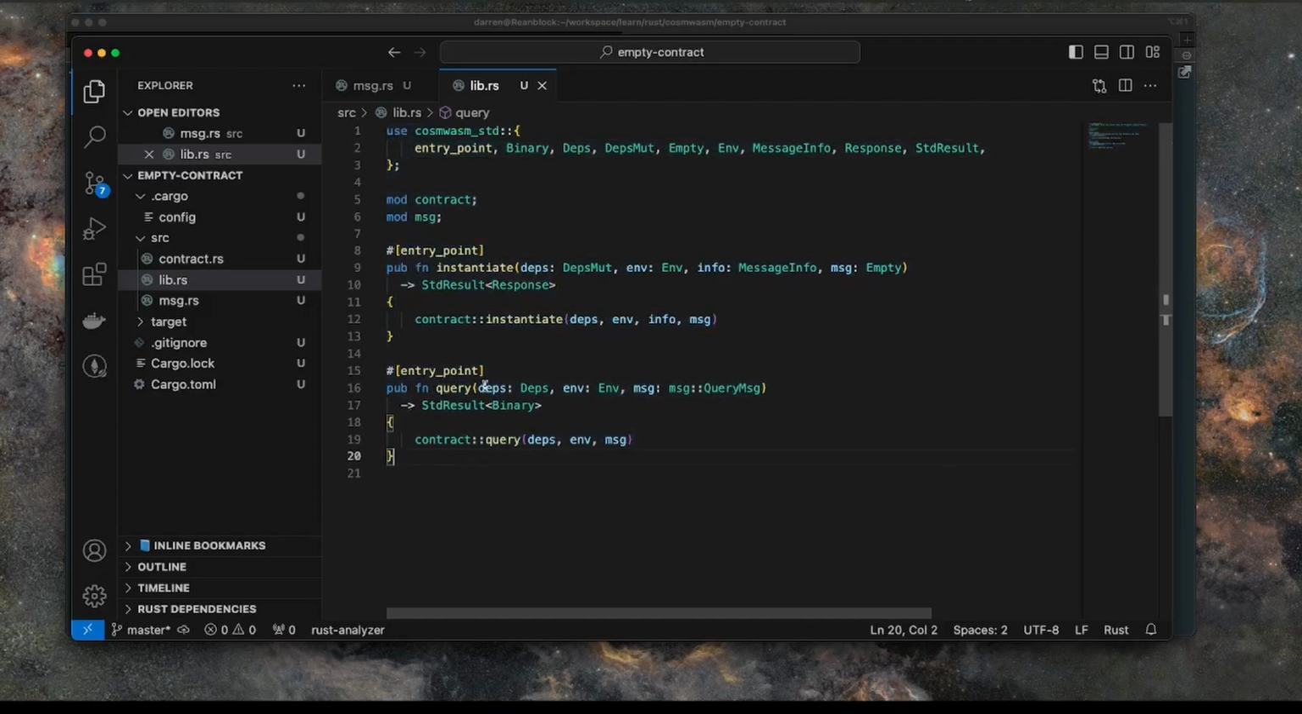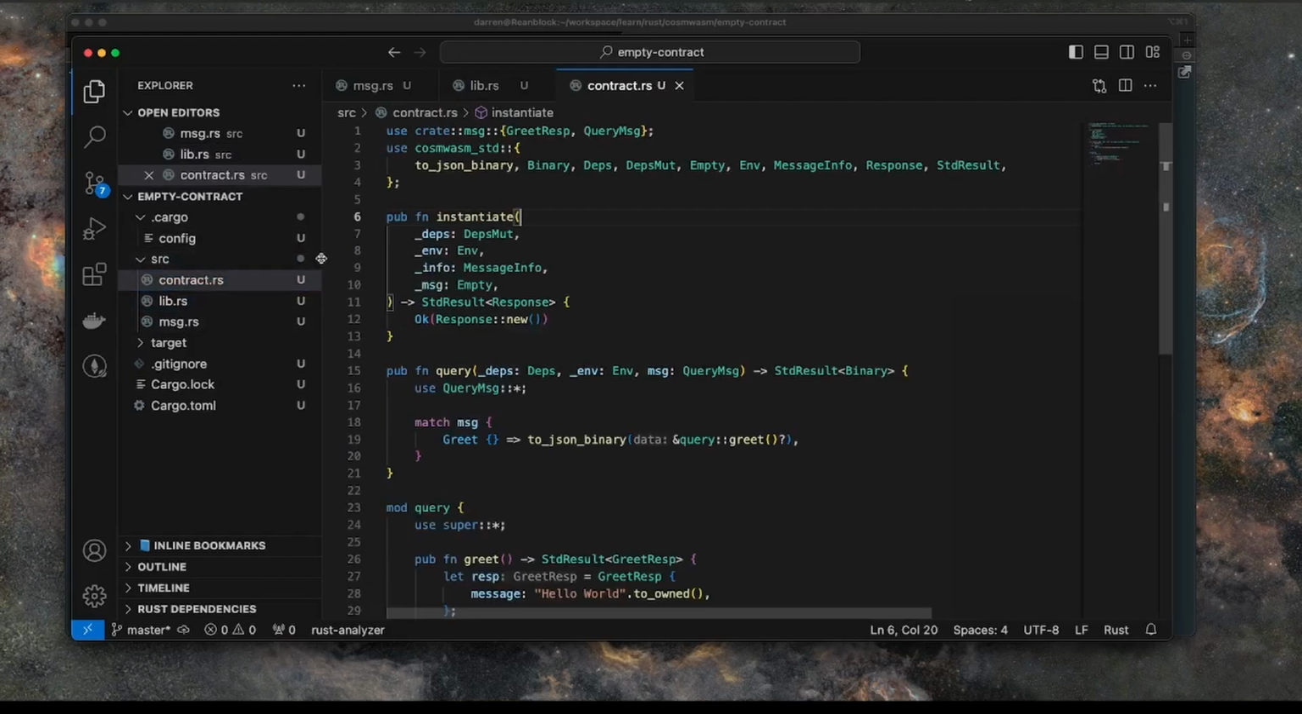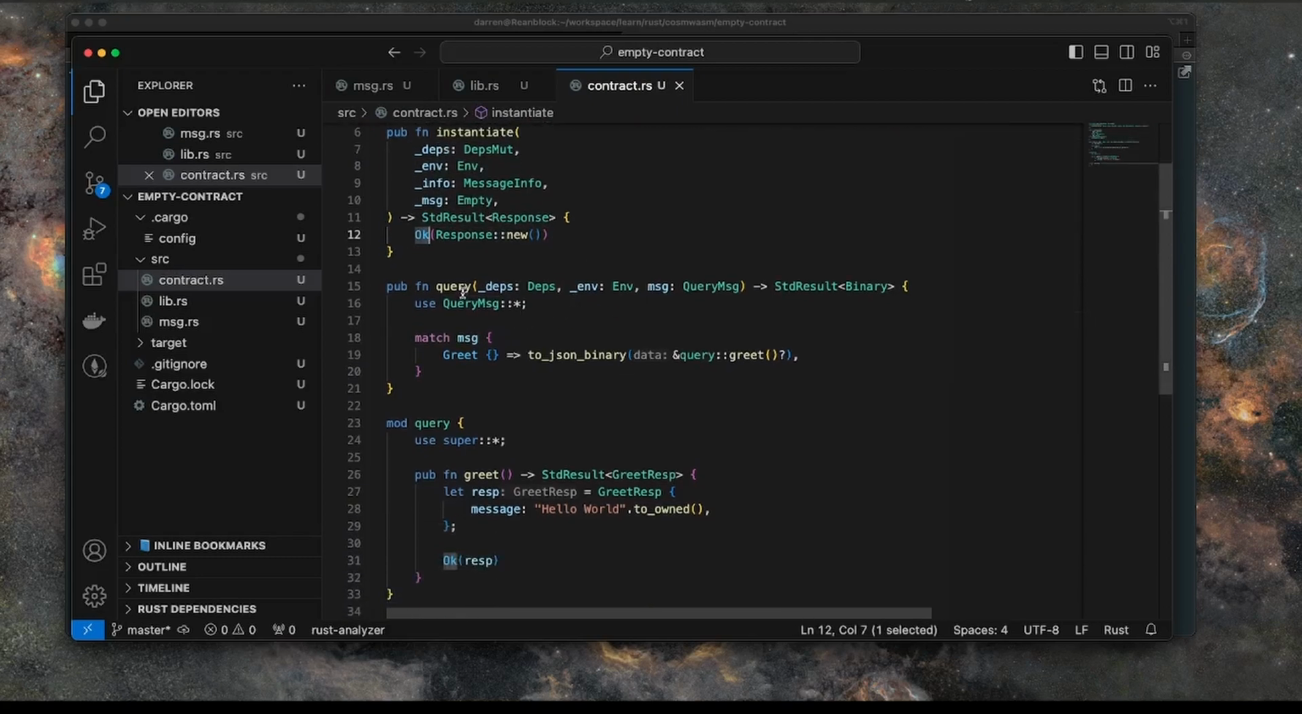The query function, when called, will pass that to the contract query function and just forward all the variables onto that function there. So that function is defined in contract. So contract has these dependencies here. Okay, so we're bringing in the message types here from the dependency here. We're defining instantiate, which doesn't do anything at this point, but the query function is defined, which basically takes the